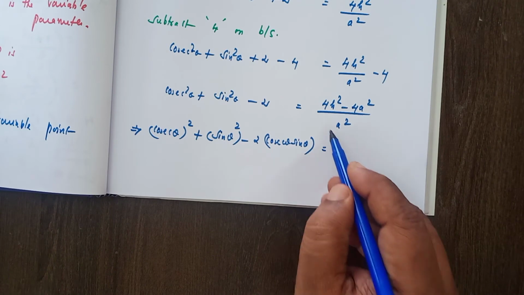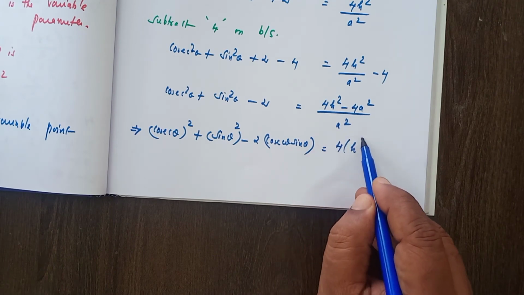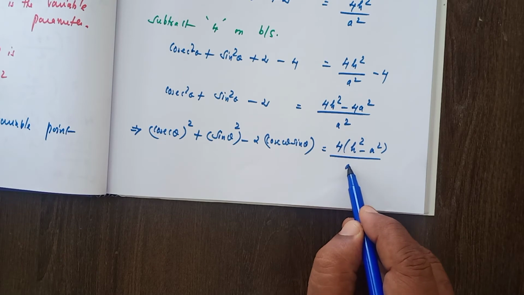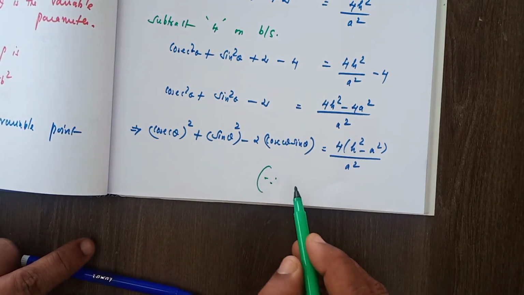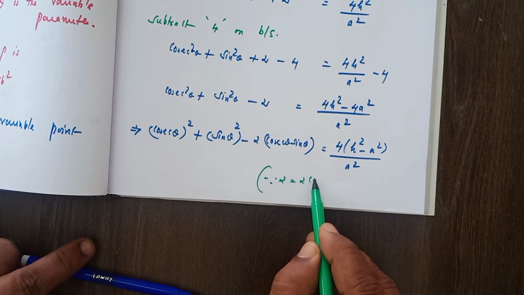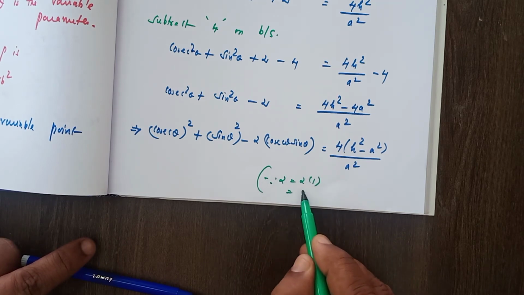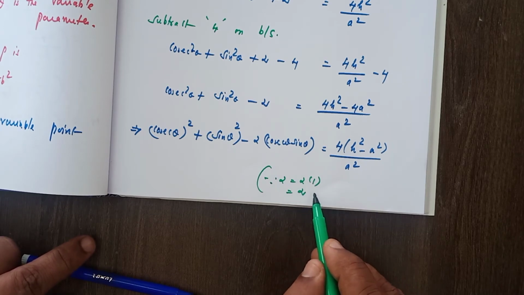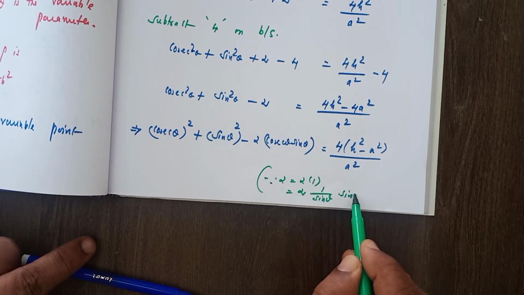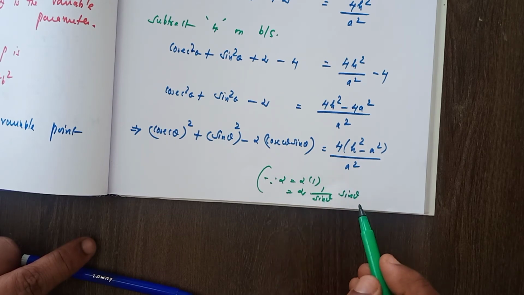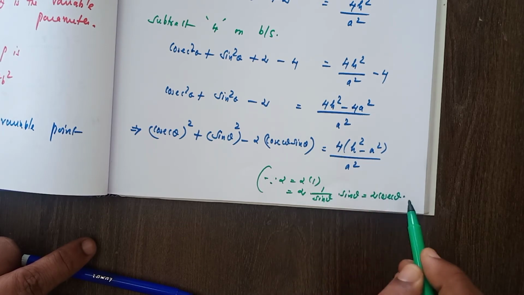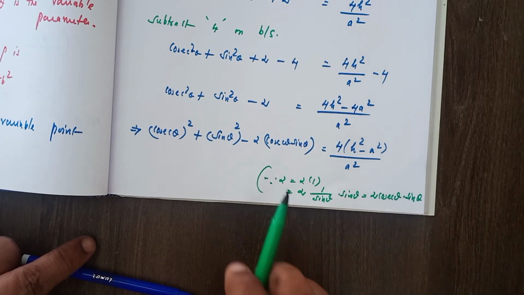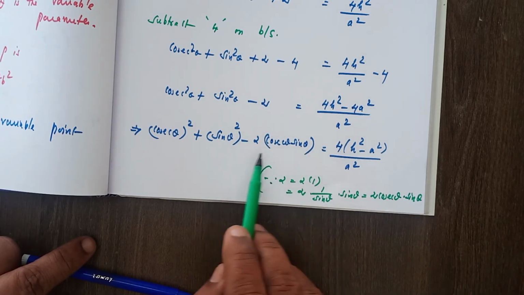That is equal to, take 4 as common in the numerator, h square minus a square divided by a square. For your reference, I write here, since 2 can be written as 2 into 1, and 2 into 1 itself we can write as 2 into 1 by sine theta into sine theta, sine gets cancelled, that is 2 into 1 by sine theta, that is cosecant theta and sine theta as it is. So I have replaced 2 by 2 into cosecant theta sine theta.